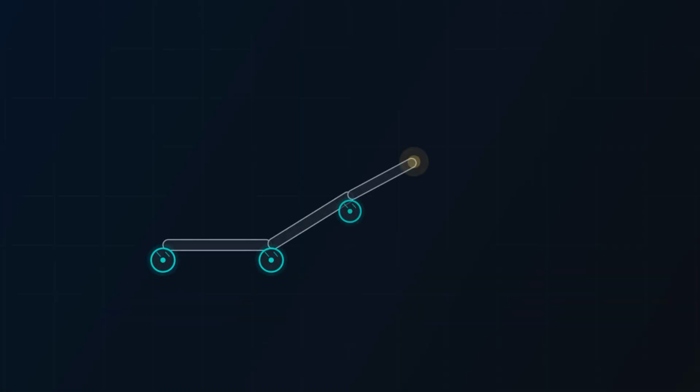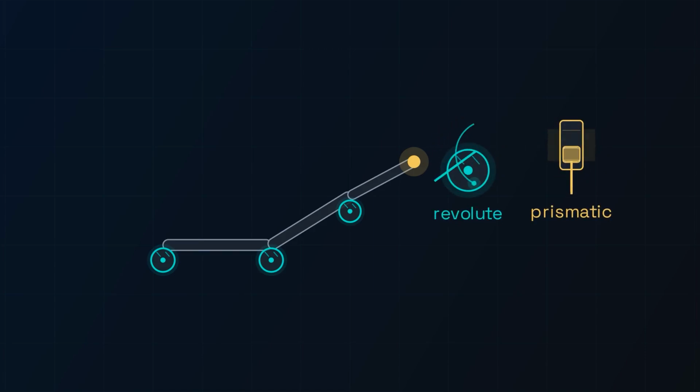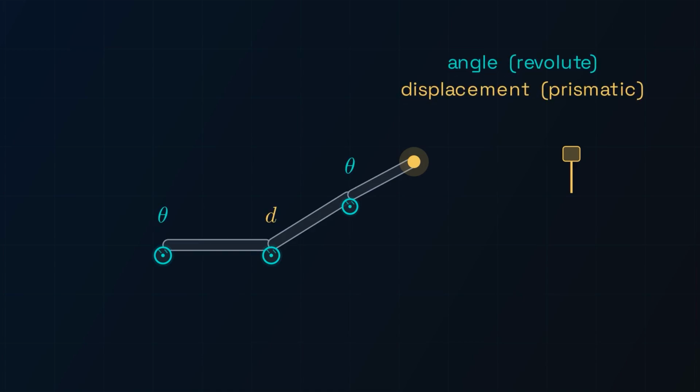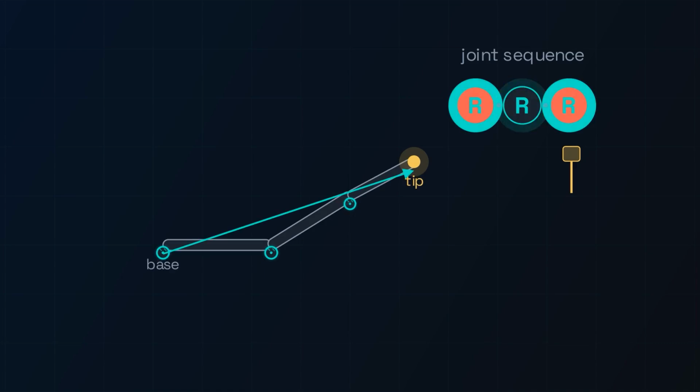In the last video, we established that manipulator robots are built from two fundamental joint types: revolute joints that rotate and prismatic joints that slide. Every joint in the robot contributes exactly one number to the robot's description. That's an angle for revolute and a displacement for prismatic. And the sequence of those joints, written as R's and P's from the base to the tip, gives the robot